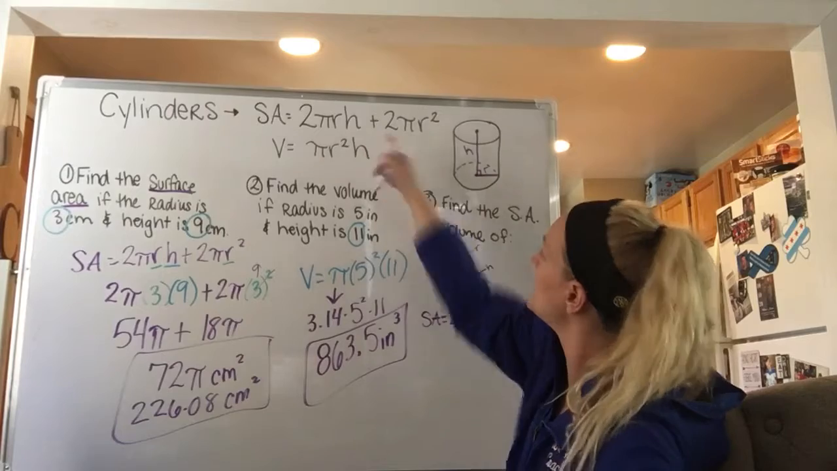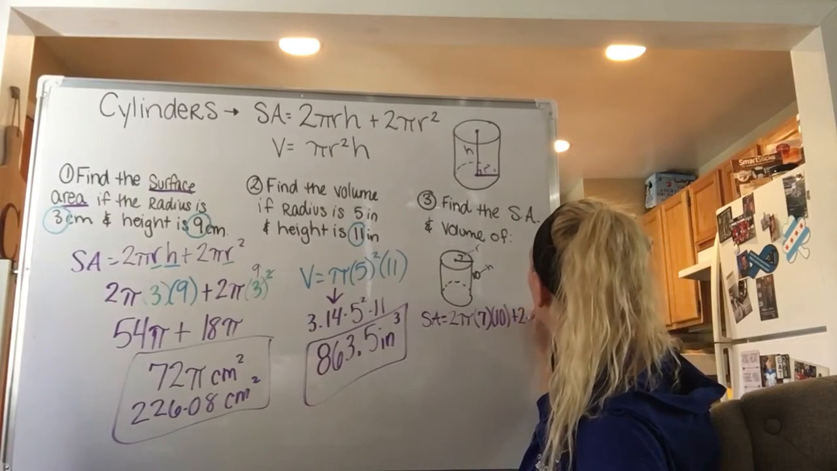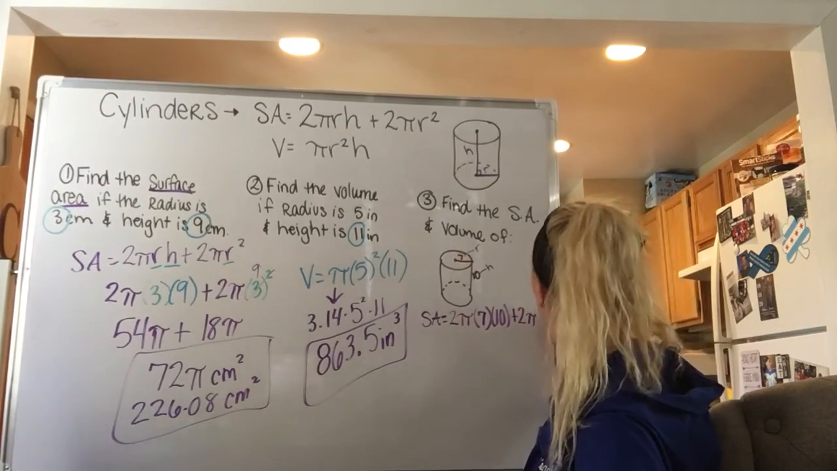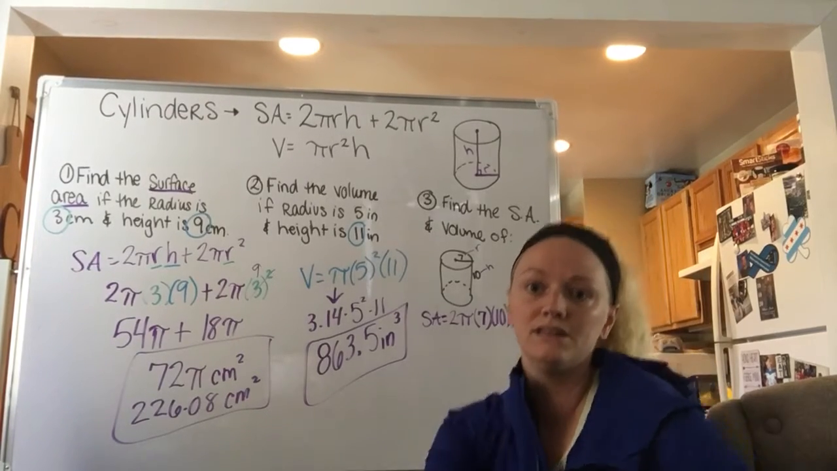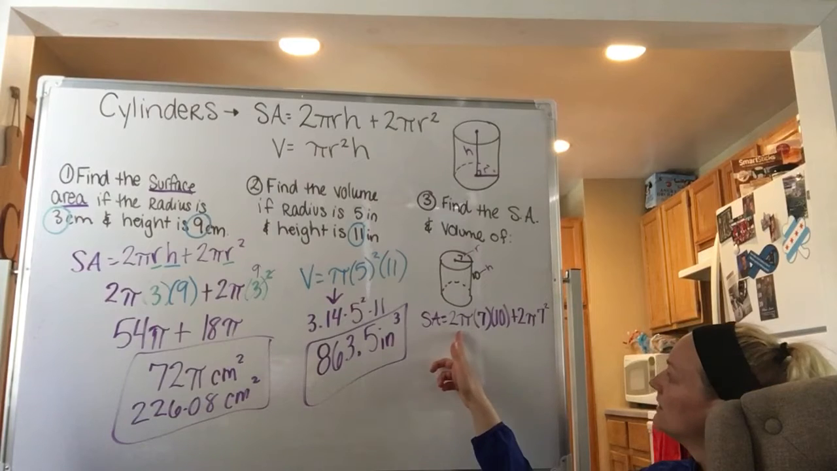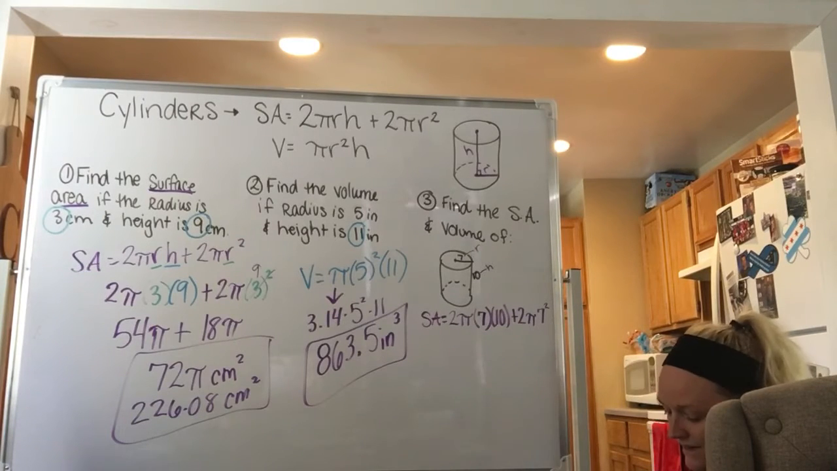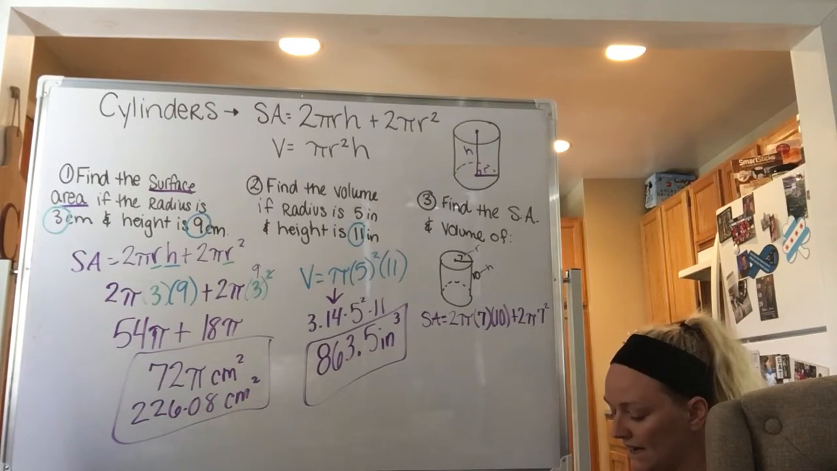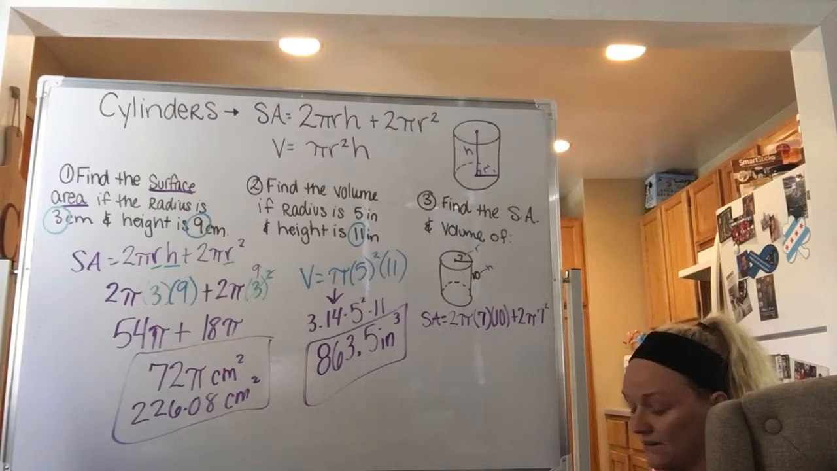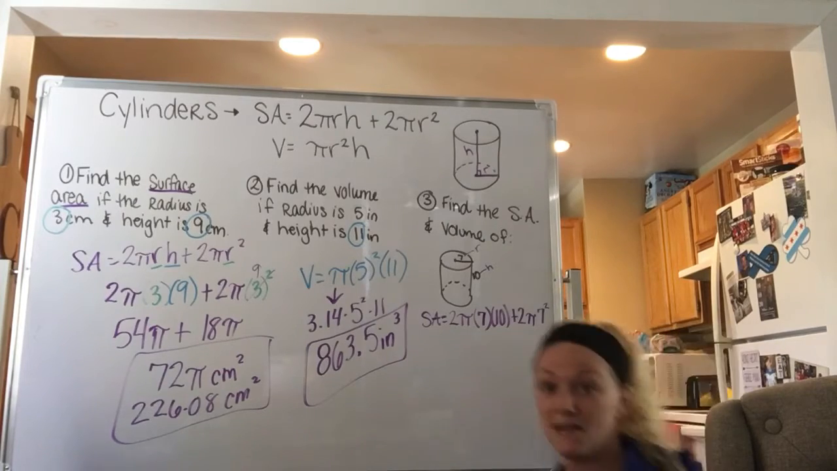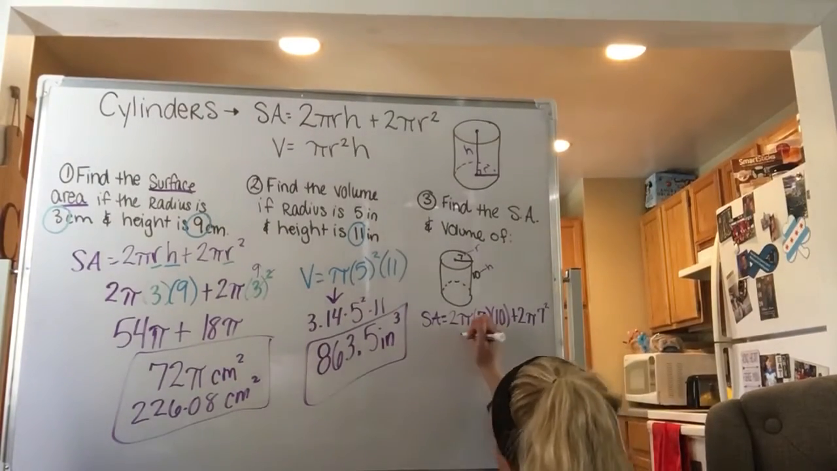Plus 2 pi r squared. And remember that radius again was 7. So that is what I have so far. Plug my 7 and my 10 in. If I put this in the calculator, again, 2 times 3.14 times 7 times 10. If I want to do it in 2 separate steps, I absolutely can. That will give me